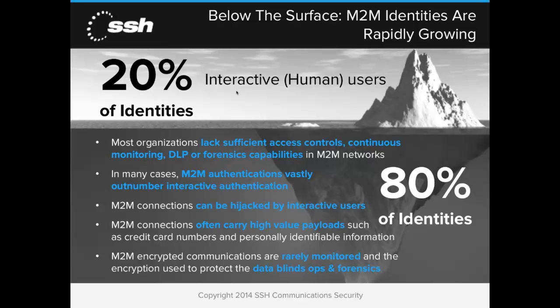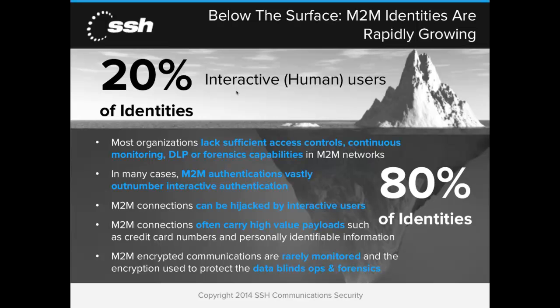And this also creates a compliance issue because, obviously, if an interactive user can get in there, that needs to be managed because you've got monitoring and security issues that really play heavily into things like PCI, SOX, etc. Importantly, from the business standpoint, end-to-end connections often carry high-value payloads such as credit card numbers and personally identifiable information. So clearly, if it's an unmanaged system or unmanaged access controls, like you don't have proper key management and you're not monitoring it, and strike three, you're pushing through credit card numbers and other critical business information, then that's a place where a hacker or a malicious insider is going to want to target.